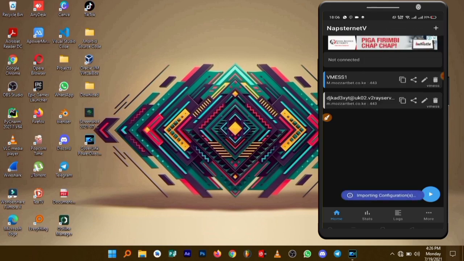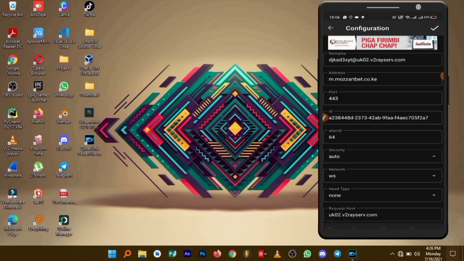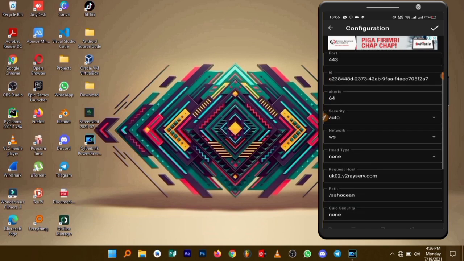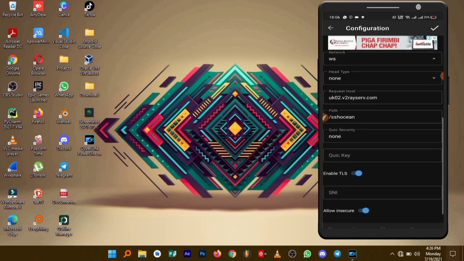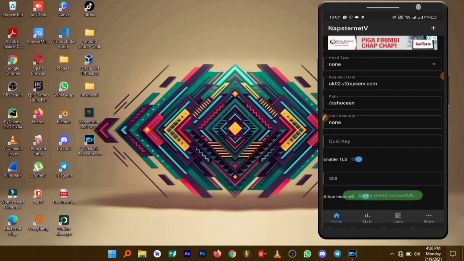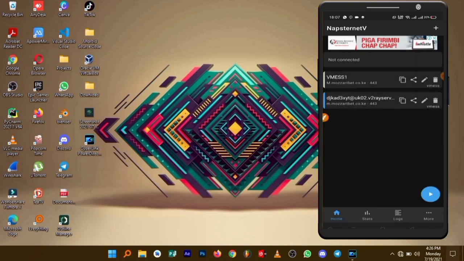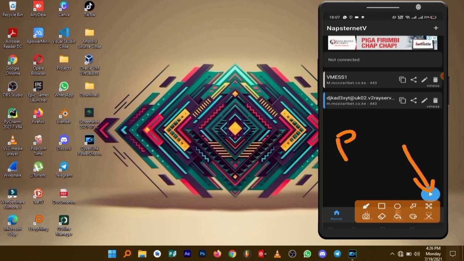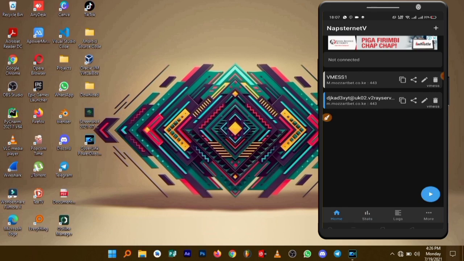It will be copied to your dashboard, so click on it. Then we have to ping it to see if it's working, so connect it. Don't change anything, just connect it. We have to ping it to see if there is a handshake, to see if it's working.